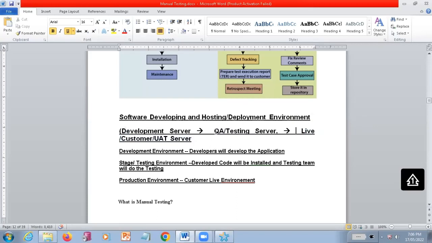So we are the persons who get the access to our testing servers. Once the developer completes the development, they are going to host the application first into the development server, where the development engineers test after moving the code from their local system to the development server. Initially, it is in the local machines, the developer's local machines, so that is where they develop, right? From the developer's local system,